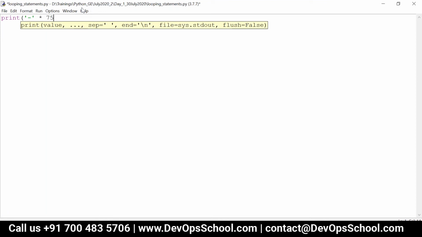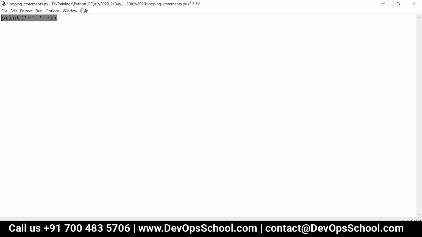Here we have two different types of loops. One is the for loop, the other one is the while loop. And I can also use the else clause with these: for else and while else.